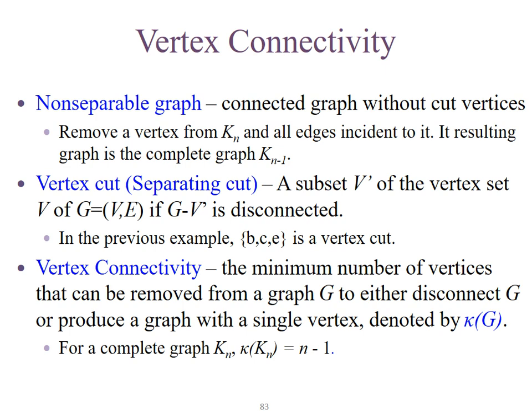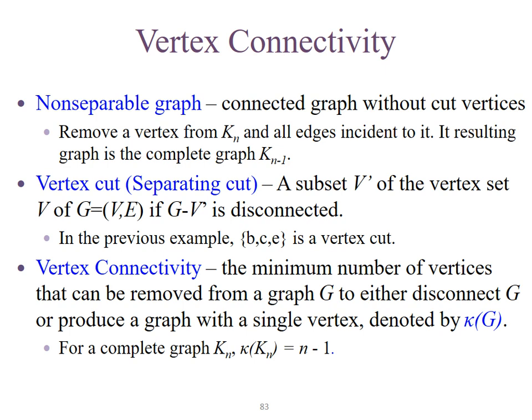Then you try 3, 4, 5, 6 until you reach the minimum number of vertices. Once you remove all these vertices, you can produce more connected components. Then we call this vertex connectivity. We use a special character kappa to indicate the vertex connectivity. So we use kappa of G to indicate the minimal number of vertices we need to remove to make it